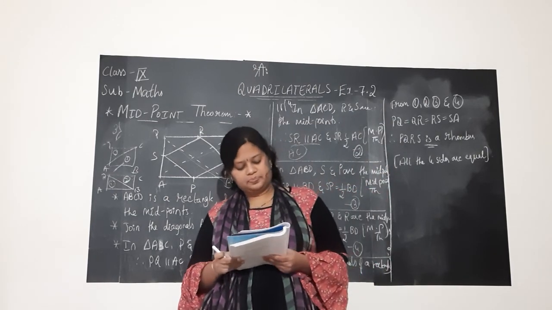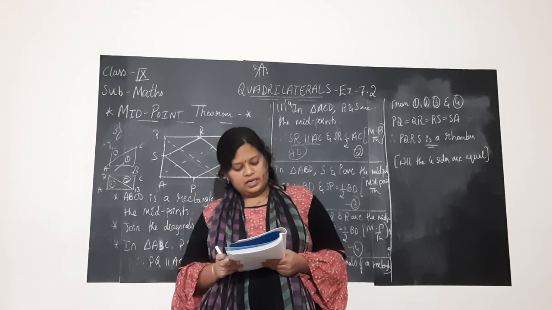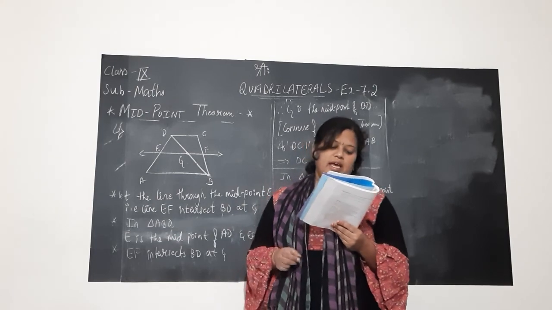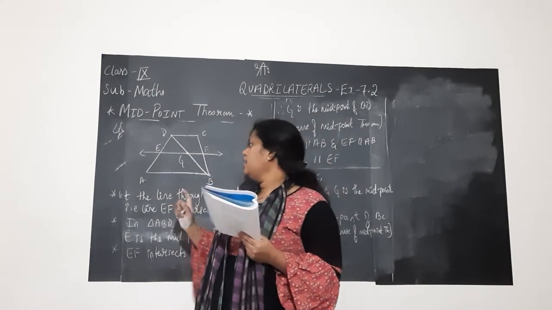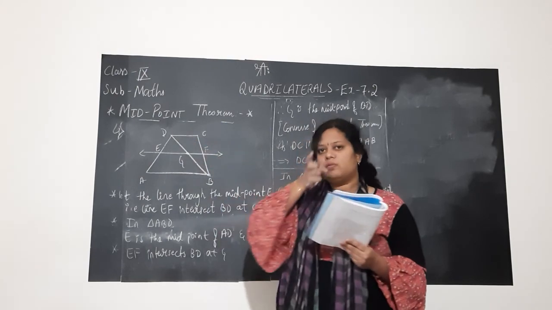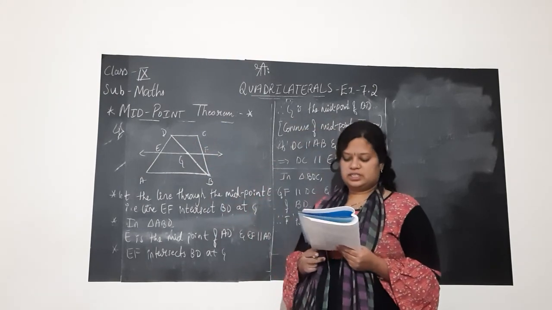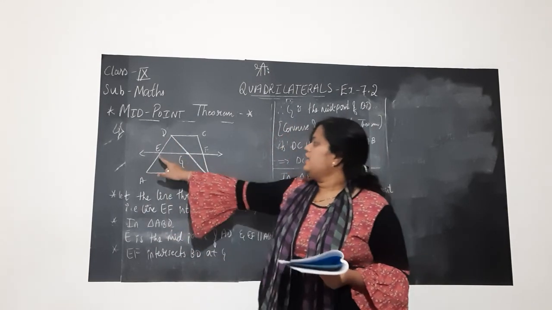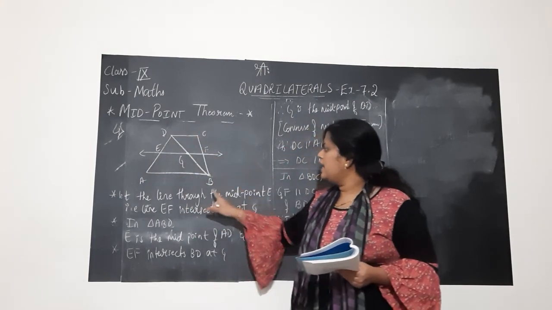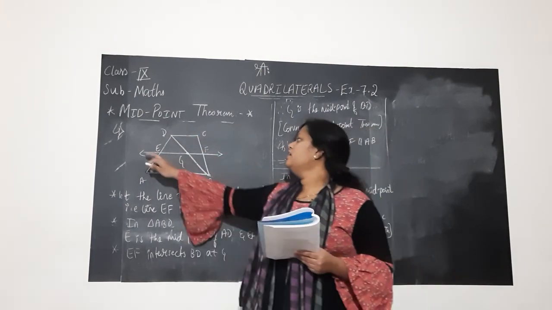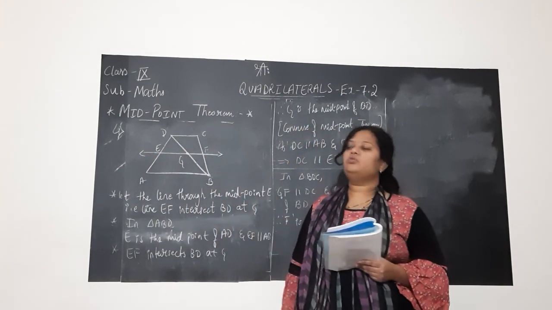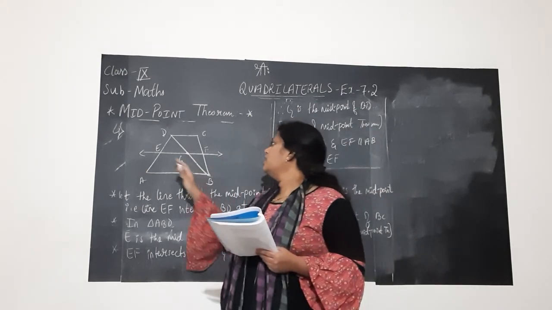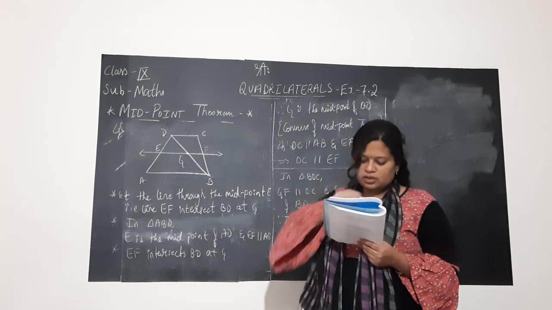It is very simple. The fourth question is on a trapezium. We should solve it. The question is a little different, but it is again on the same concept, children. ABCD is the trapezium here, in which AB is parallel to CD. Obviously we know from the property of a trapezium that one pair of opposite sides is parallel. BD is the diagonal drawn. E and F are the midpoints of the sides AD and BC of the trapezium, and a line segment is drawn through E and F, and the diagonal is drawn through BD.